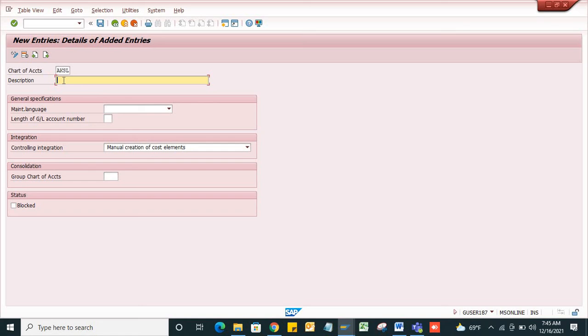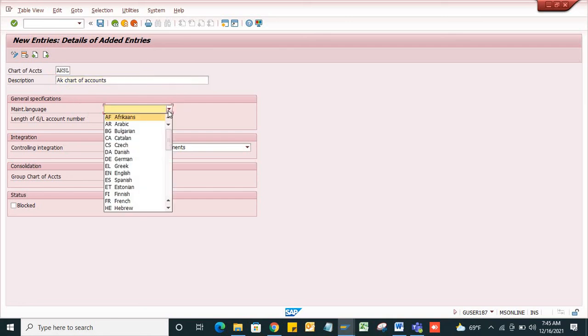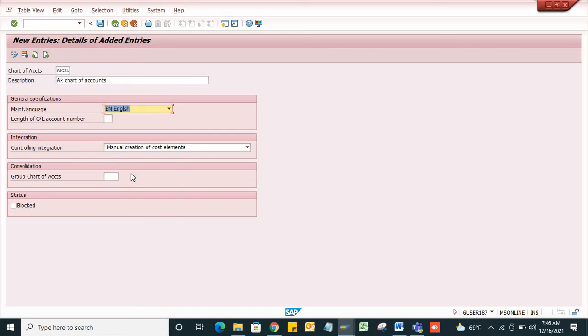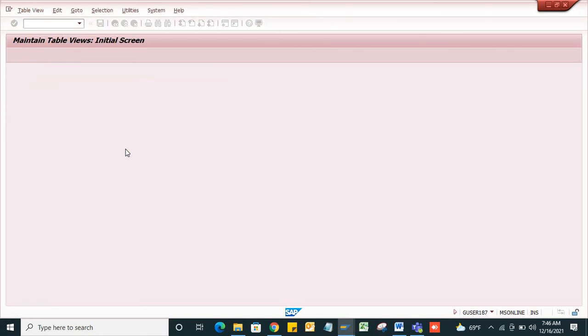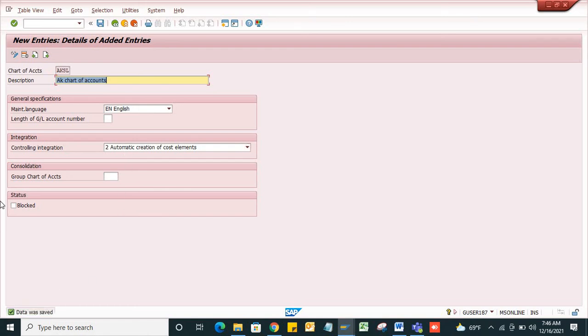Please note that point. I'm naming it AK chart of accounts. My posting language is English. Manual creation of cost element, I'll do automatic creation of cost element. We will discuss what that actually means. See, I have saved this in my system.